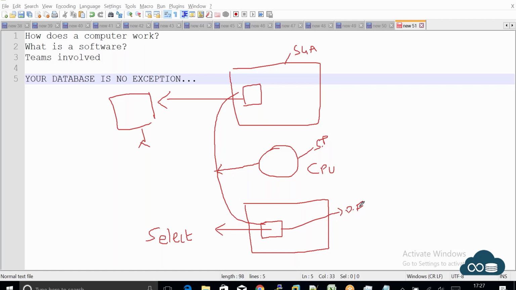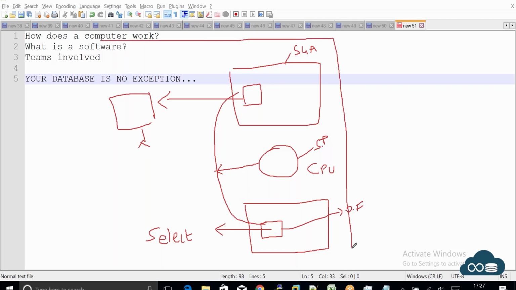How does a computer work? If you know that, you already know how your database works. Let us say performance tuning is very critical. If someone tells you that, don't believe it. If you have got a performance tuning problem in your real-time environment, don't search here and there.